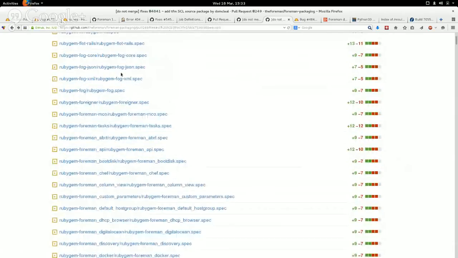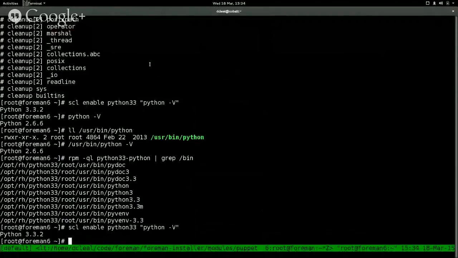If I bring up fog core again, the other item you'll see here is an obsoletes line. So we're the only distributor of Ruby 193 RubyGem fog core. So we obsolete that package and ensure that way it gets removed on upgrades. So I'm going to switch now to